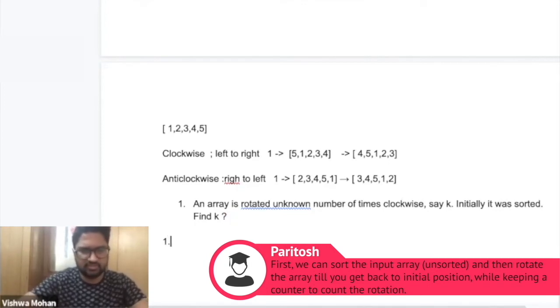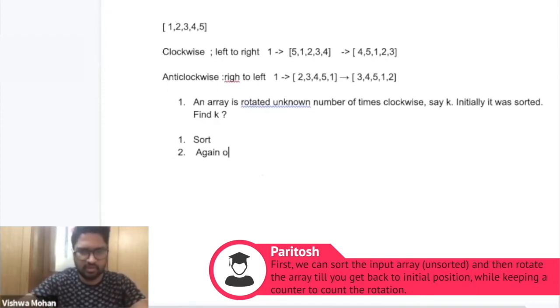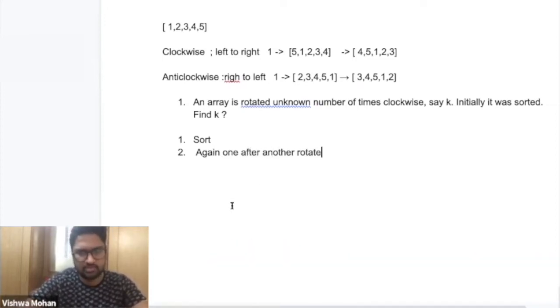So what you have suggested is that sort and then, one after another, rotate. Okay. So this involves sorting, so this will take n log n complexity. And then again you have to rotate it multiple times.